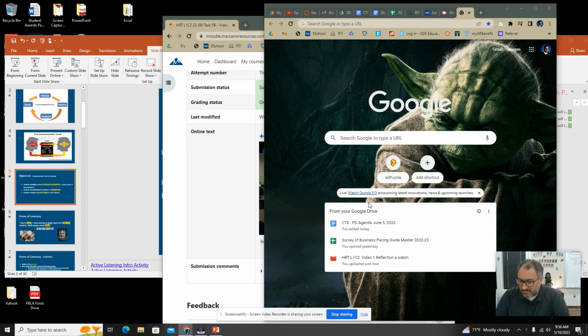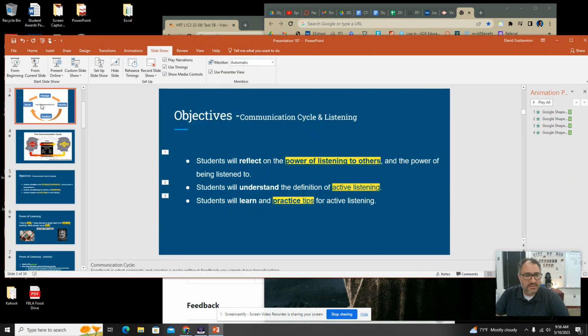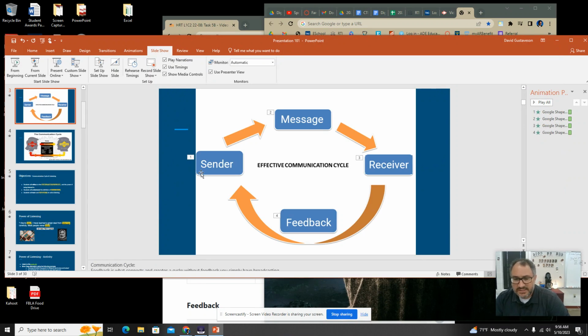And then what we'll be doing with the whole lesson is we look at communication. Well, what does it take to be a good listener? Then we move into how to present, and present in a way that makes people want to listen. So we'll be moving forward into that, but we try to break it down. First we start off with the learning side, or the communication cycle, with a handout that they can fill in with a mental model, the chart. Matter of fact, it looks like this. They get that example, and then they'll fill in these as we go.